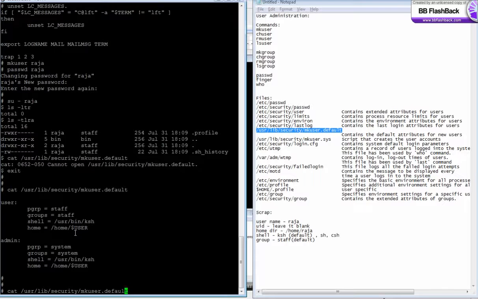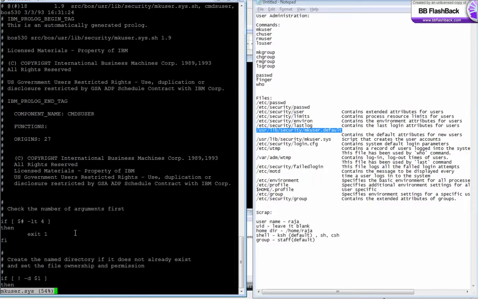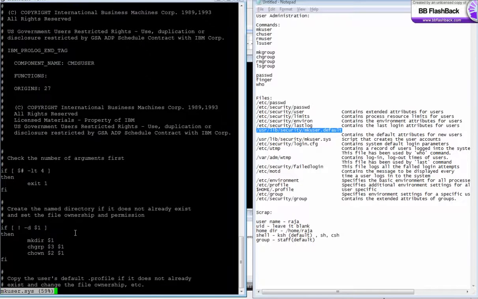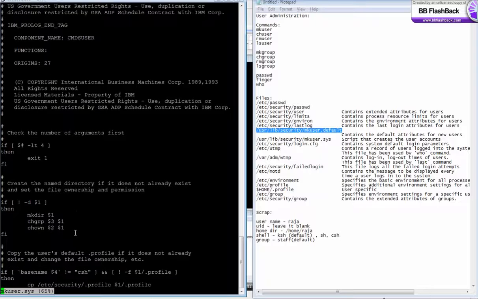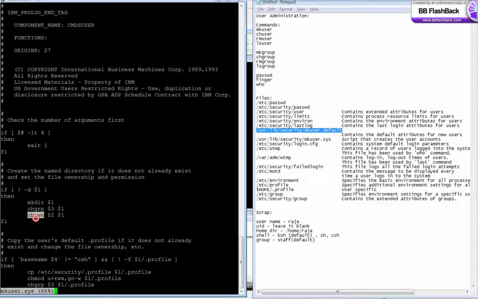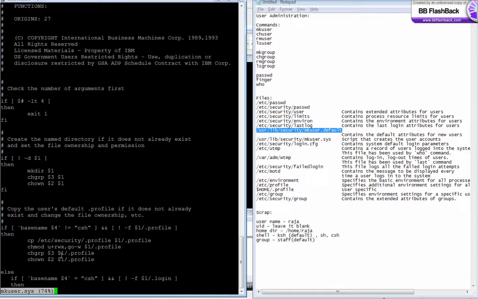These things are done by a script called mkuser.sys. Okay, this mkuser.sys is a script which does the creation of users by adding entries into /etc/passwd, by creating a home directory, setting the ownership. And see over here, it creates a directory, it uses chgrp and chown for setting the permissions and ownership, and sets the permission over here. And it even copies the default .profile from /etc/security to